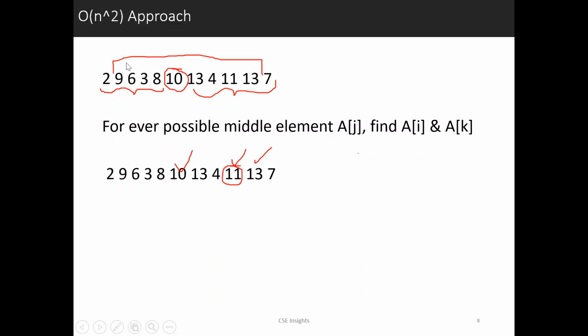If you see here, for every middle element, I am iterating all the elements on the left to find the maximum possible left value, and I am iterating all the values on the right. And I am moving this middle element from 1 to n minus 1. If you see the overall time complexity, it will be of order n square plus n square. Calculating all the left values will be n square, on the right will be n square, which is collectively order of n square.